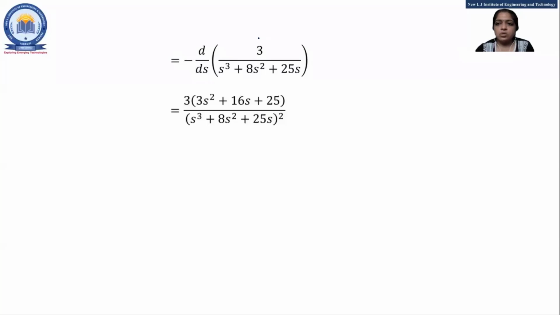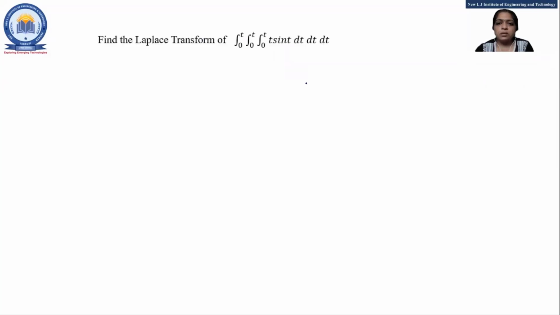Okay, so any doubts, students, till this example? If you have any doubt, let me know. Okay, no doubt, right? So this question is for you. Now tell me what to do. See, 3 times integration sign is there, 0 to t, 0 to t, 0 to t. For solving this example, what to do, students? Please raise your hand.